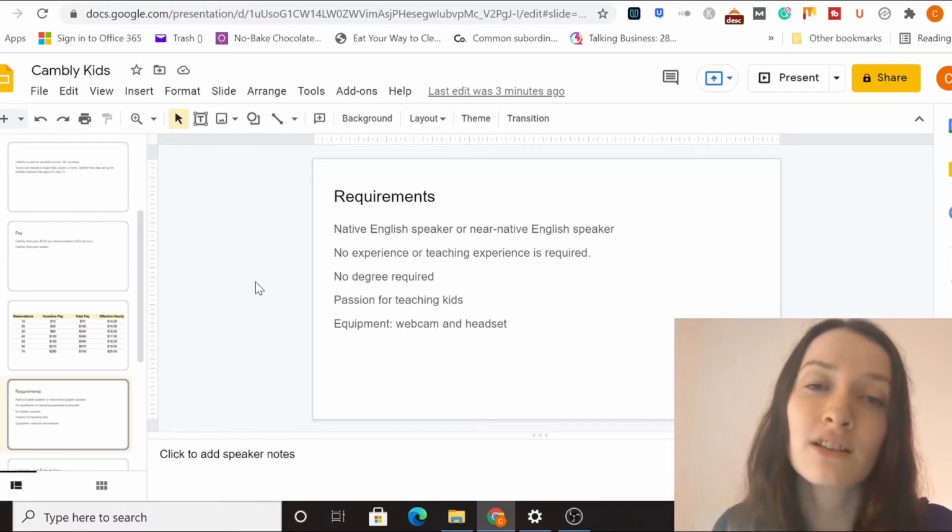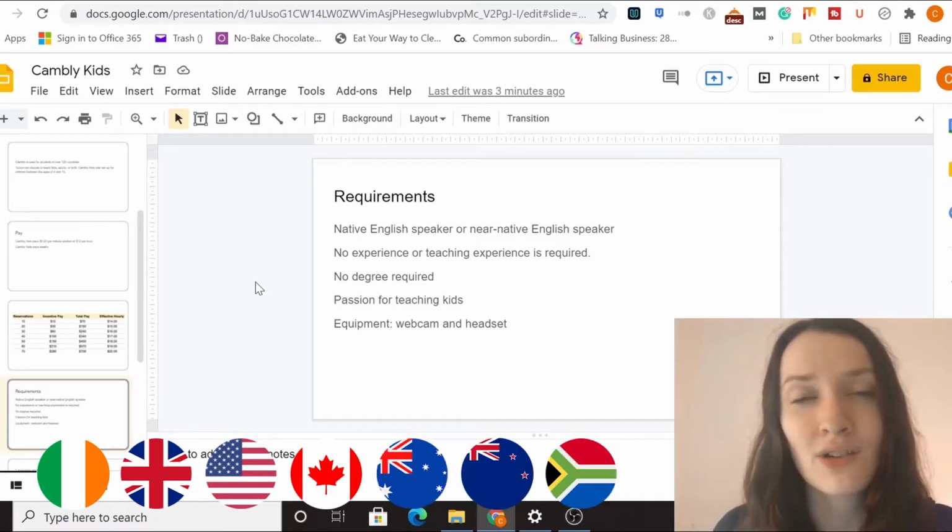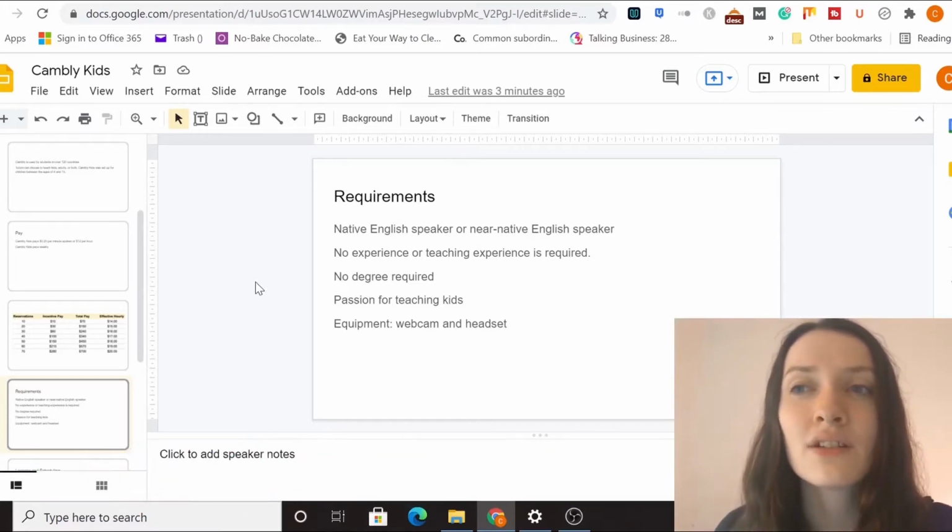So they want a native English speaker or near native English speaker. Just think of the main countries they hire from: Ireland, UK, America, Canada, Australia, New Zealand, South Africa. And then the other countries,